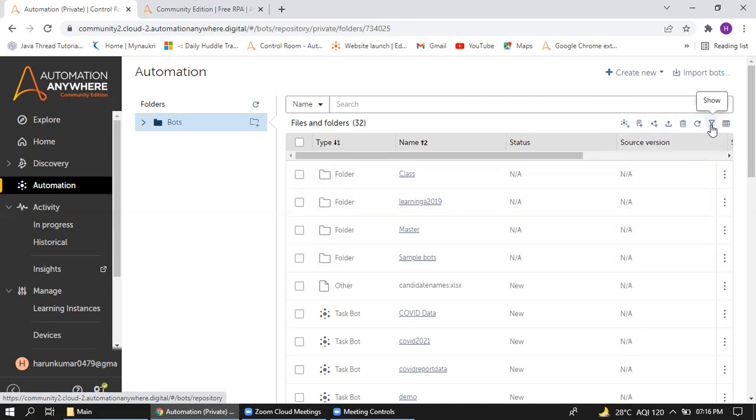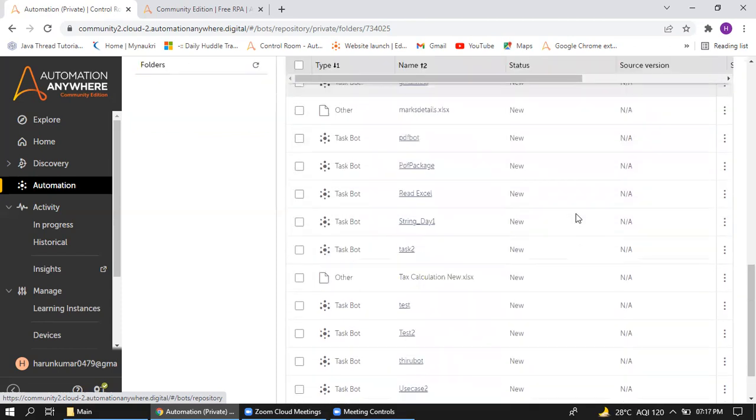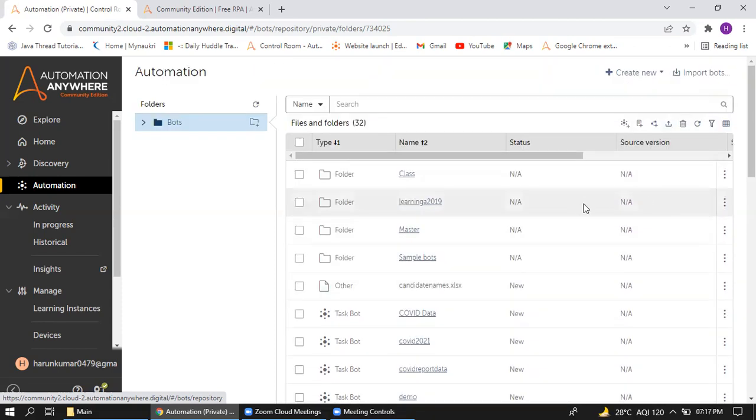Next one, filter. It will be used to find, for example, if there are hundreds of bots, we are not able to find one by one, so we can filter it by name. So it will customize the columns. Customize the columns is nothing but the different formats, like this table structure can be in a different format.